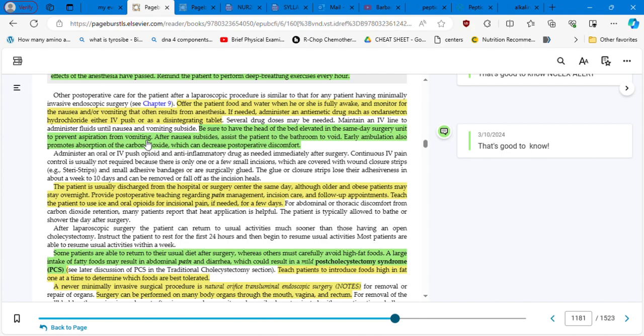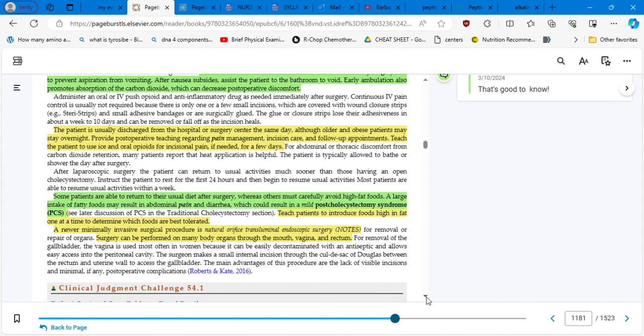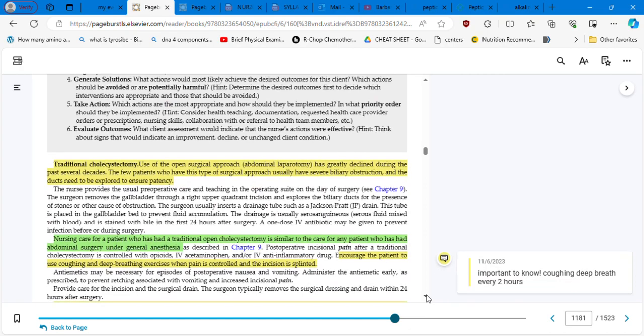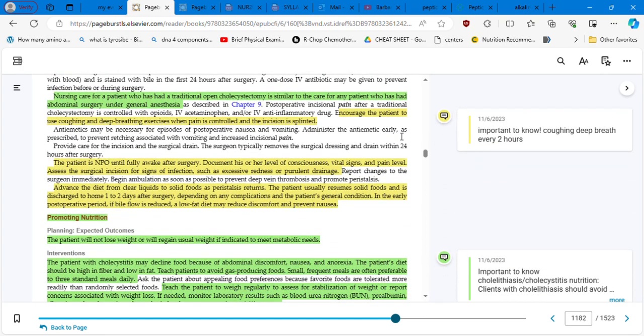I would say this is one of the most important topics you need to remember. Post-care. The patient is usually discharged from the hospital after the same day, although older or obese patients may stay overnight. We know that. Some patients are able to return to their usual diet after surgery, whereas others must carefully avoid high-fat foods. A large intake of fatty foods may result in abdominal pain and diarrhea, which could result in a mild post-cholecystectomy syndrome. Okay, so the post-cholecystectomy syndrome, we have a table here, but first